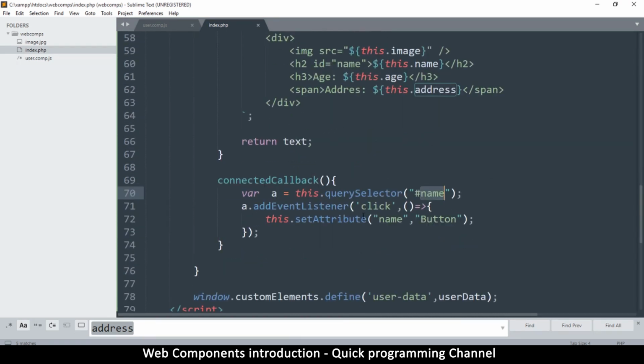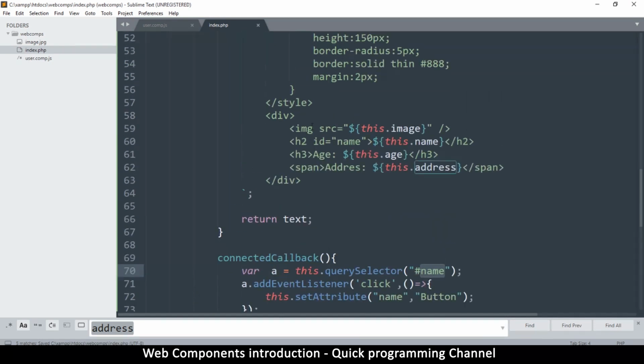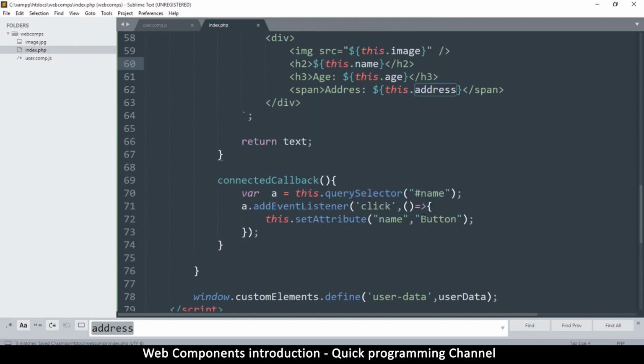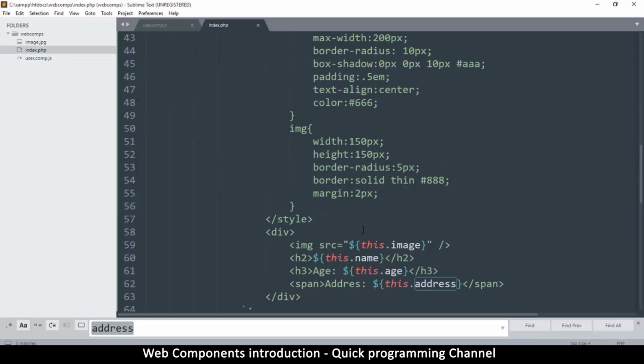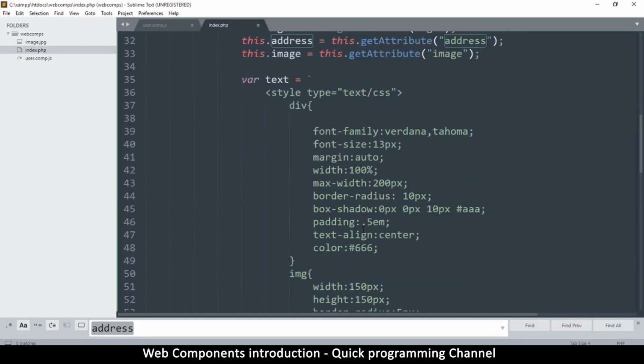Oh, sorry. Yeah, I completely forgot that I added a shadow DOM here. My bad. No big deal. So here, let's say h2. So this is where you have to be careful because this .query selector is no longer an option. So I have to use the shadow DOM. So I have to say this .shadow root